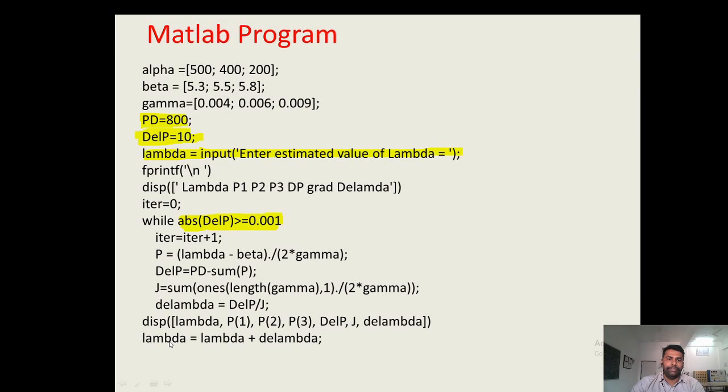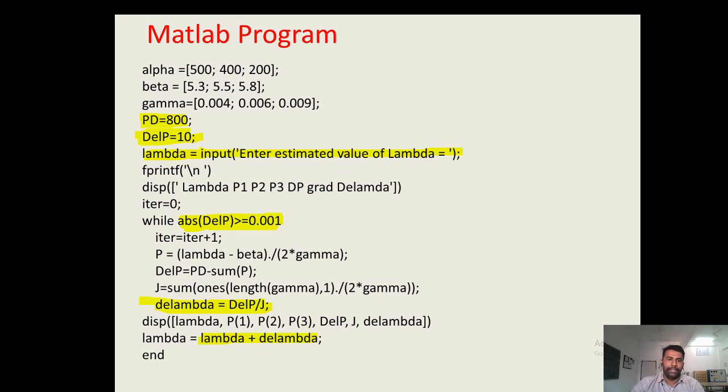After that we will calculate the new value of lambda. Lambda is equals to the initial value of lambda that we have taken here, 6, plus the change in the lambda. In our case it is 2.5, so 2.5 will be added in this equation. So, 2.5 plus 6 it will be 8.5. After this the productions P1, P2, P3 will be evaluated. When P1, P2, P3 is equals to PD, then the flow of the program will stop.